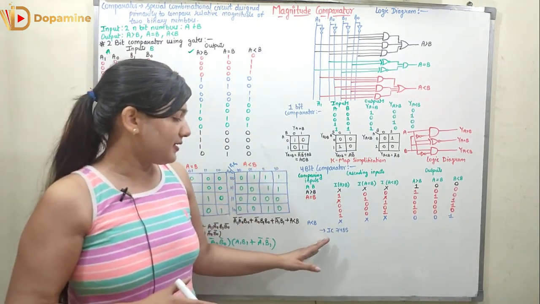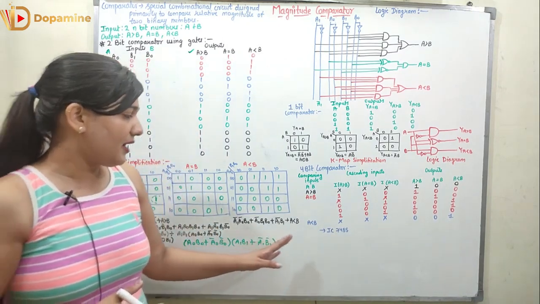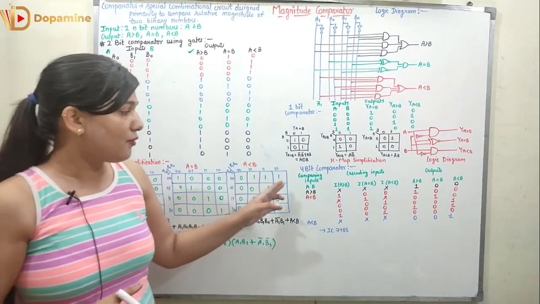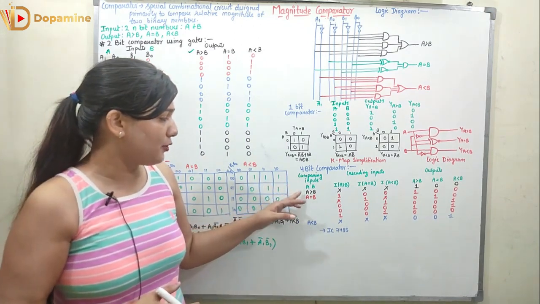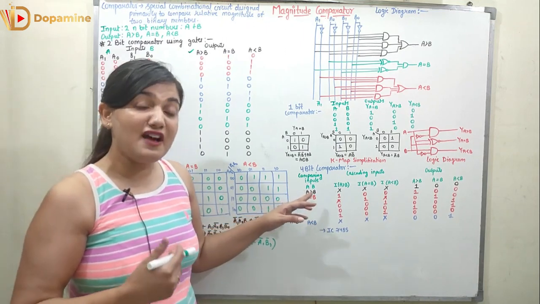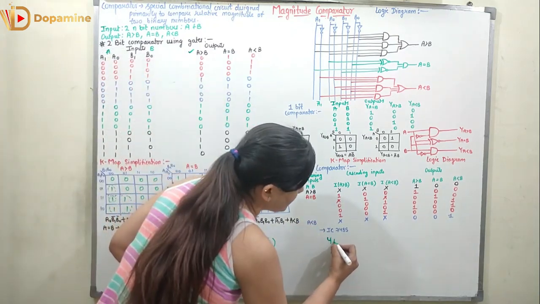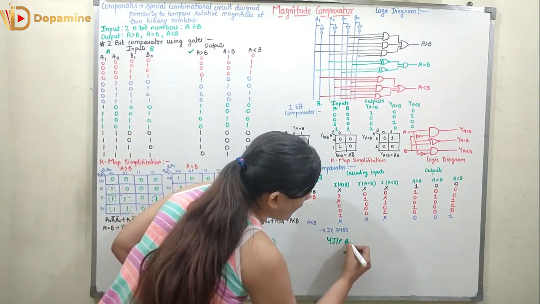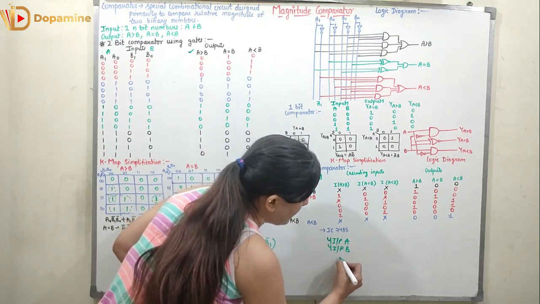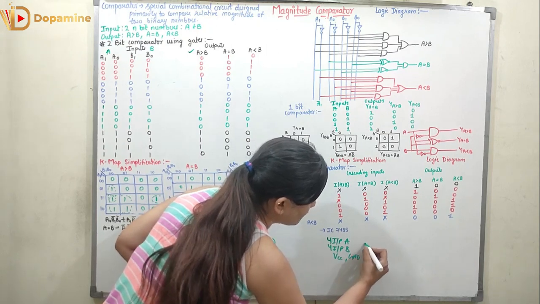A 4-bit comparator is realized using the IC 7485. With the help of this IC, we can realize a 4-bit comparator. Now we have the comparing inputs A and B, and both of them have 4 inputs. So in this IC, we have 4 input pins for A, 4 input pins for B, 1 VCC, 1 ground and 3 output pins.